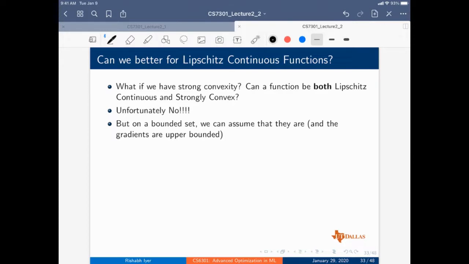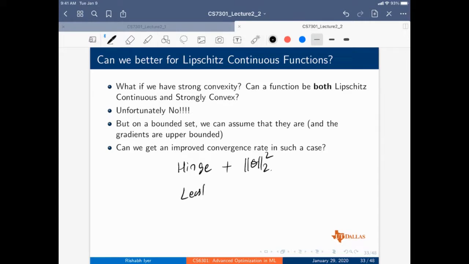And that the gradients are upper bounded, then we can assume that the function is both Lipschitz continuous and strongly convex. Okay, so an example of this is the hinge loss plus L2 regularization, right? Similarly, another example of this is least squares plus L1 regularization, right? So both of these are Lipschitz continuous plus strongly convex,